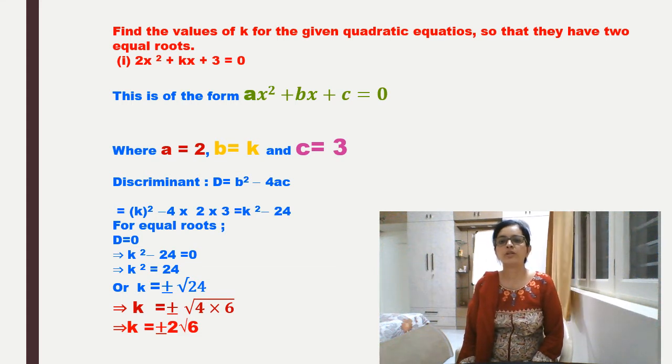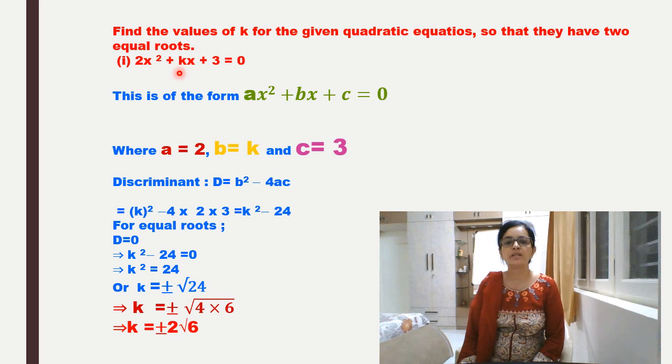Let us move to a question in which certain conditions are applied. Here we are going to find the value of k, which can be the coefficient of any of the terms of the quadratic equation. One of the coefficients is an unknown number, k. So we represent that unknown coefficient as k, and we are going to find the value of k. But for that we require a condition, and the condition is that the two roots of this quadratic equation are equal.